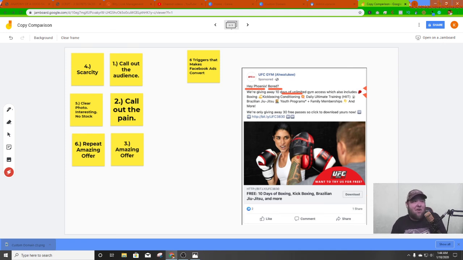Even if it's not something they're interested in, this photo, if done properly, can pull people in to at least read this copy and determine whether or not they're interested. Chances are pretty good this picture is the first thing they're going to see. Then they're going to come up here. They're going to look down here, and then they're going to kind of scroll by. People tend to consume content in an F pattern. So they're going to draw attention, consume,